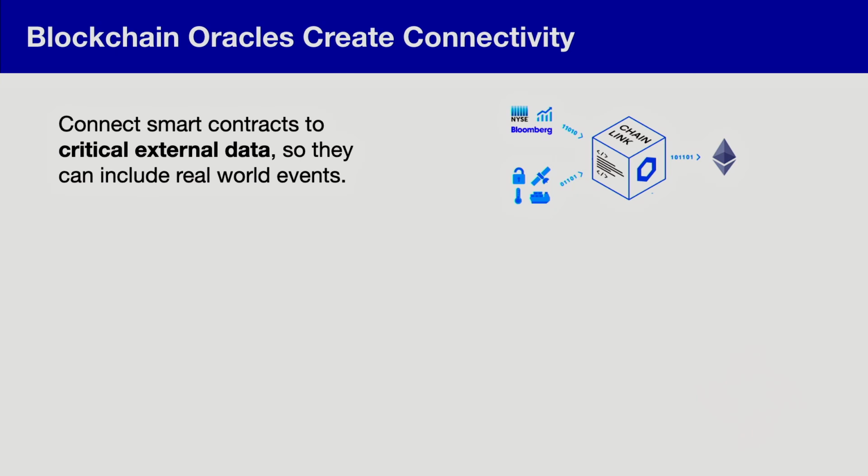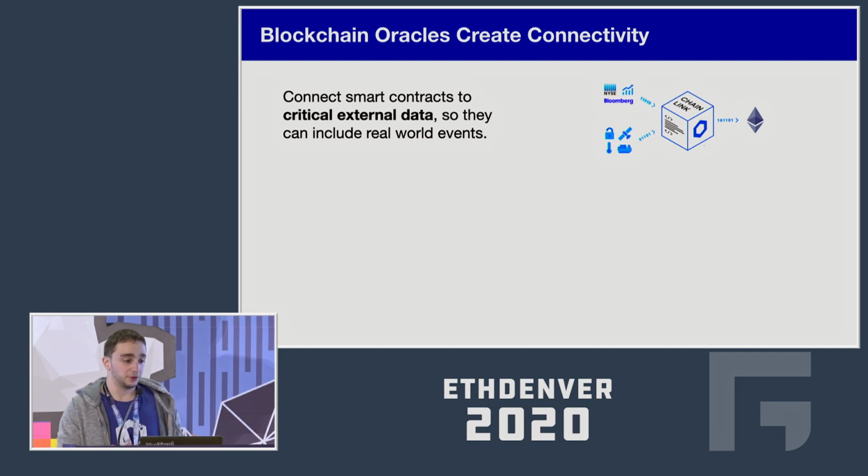We want price data, for instance, for DeFi protocols, to be able to read the current price of ETH/USD, of BTC/USD, or any other asset like FX and commodity, right? In the case of synthetic assets, for instance, if you want to synthesize gold on Ethereum, you need the price of gold, the current price of gold, right? So we need this bridge. We need smart contracts to be able to read these values.